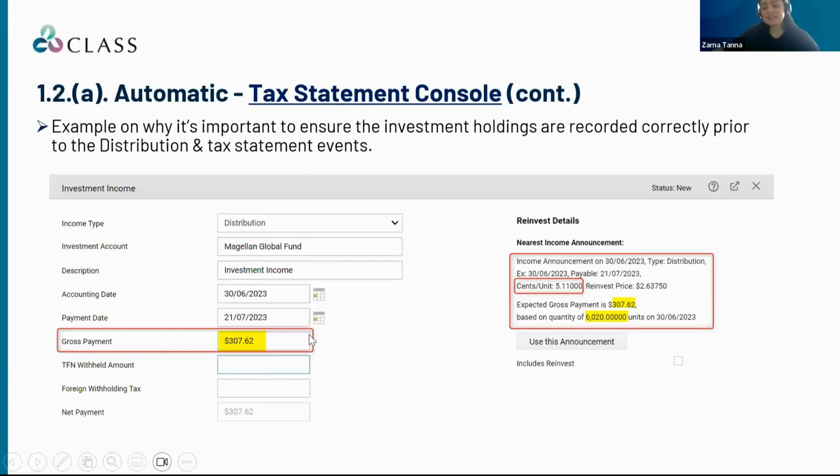So here is just an example screenshot for you to see why it is important to ensure that your investment holdings in Class need to match as per your investment source documents prior to processing your distributions and tax statement events. So say, for instance, when you're processing a distribution event via an income announcement by clicking on the generate income functionality, which we discussed in the previous webinar. So in this example,